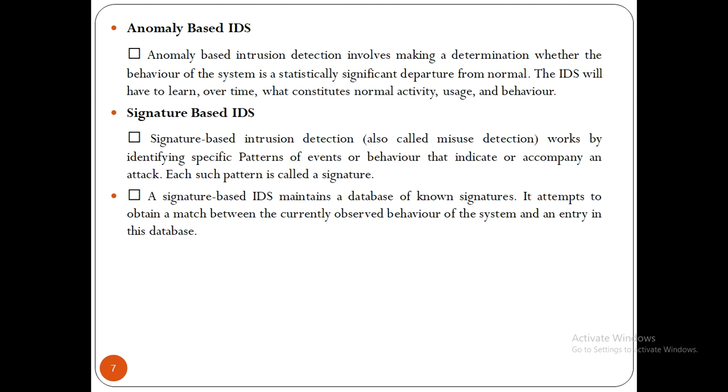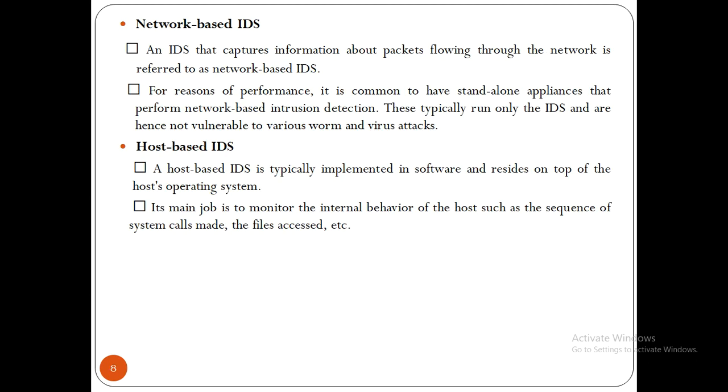On the other hand, it is possible that the spread of the worm has caused much network traffic congestion and greatly increased CPU utilization on infected machines. In that case, it is more likely that an anomaly-based intrusion detection system will detect the attack, but the signature-based IDS is unable to pinpoint the exact cause of the anomaly. So these are the differences between the anomaly-based and signature-based IDS. Now let us have another category, network-based versus host-based IDS.